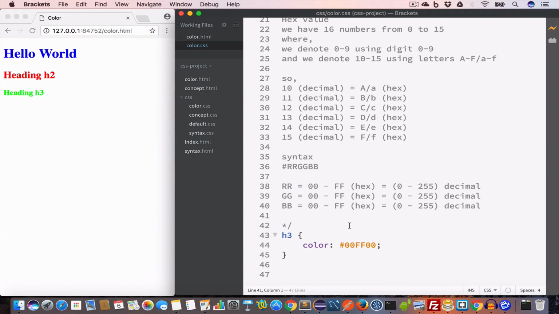We can also use shorthand notation for this hexadecimal value. If the first 2 characters are the same, the middle 2 characters are also the same, and the last 2 characters are also the same, that is, the first 2 characters are RR, meaning any value, the middle 2 characters are GG, and the last 2 characters are BB, then we can represent this value in a short form like hash